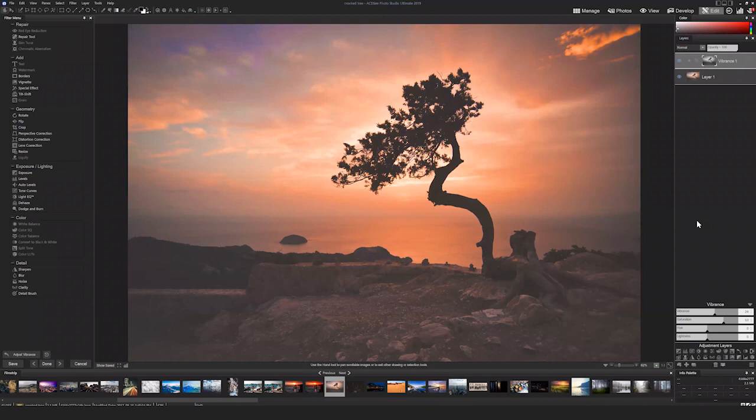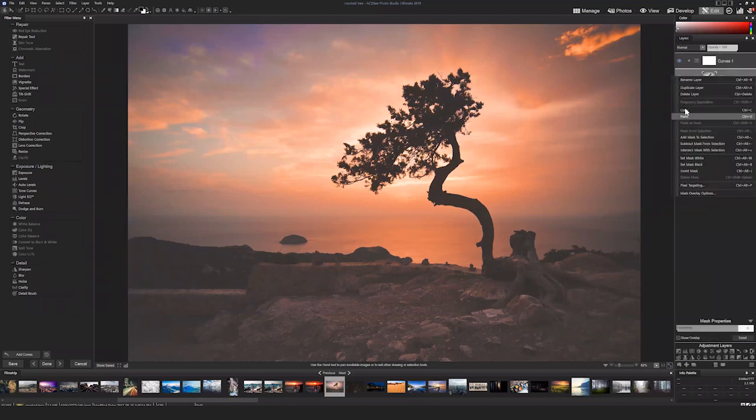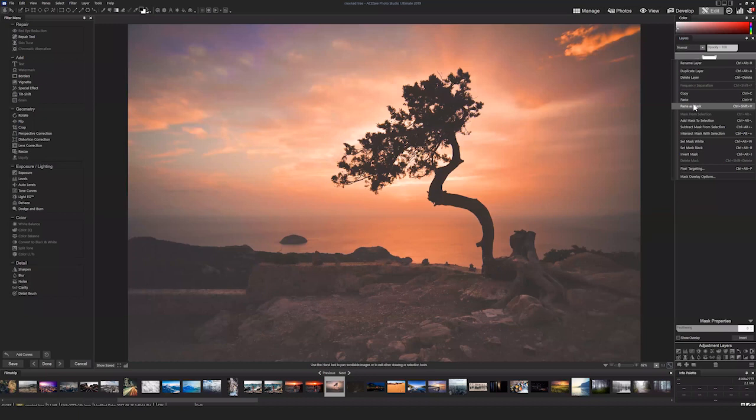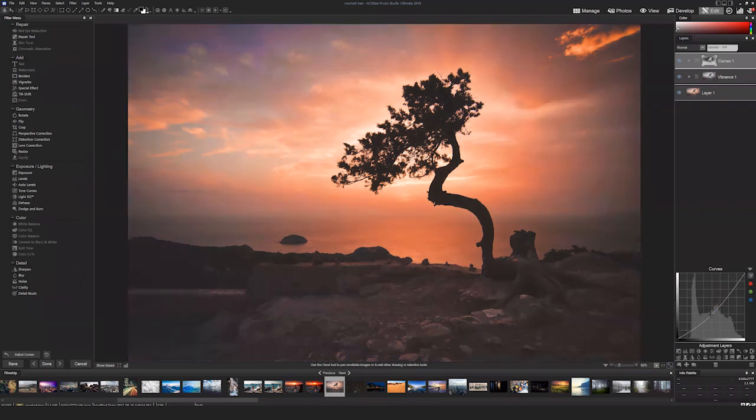What I'm also going to do is I'm going to make a, let's see here, a curves adjustment. Yeah, let's make a curves adjustment, which pops up right there. We're going to click the vibrance mask. I'm going to actually copy this mask, and then I'm going to paste that mask onto my curves adjustment, and then I'm going to invert it so that it's utilizing the tree space instead of the sky space. And I'm going to adjust the curve. So I'm going to darken